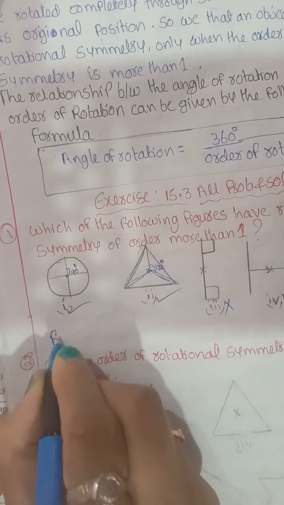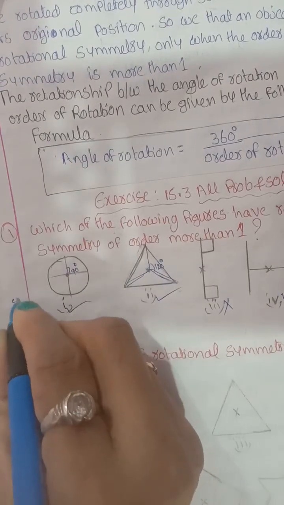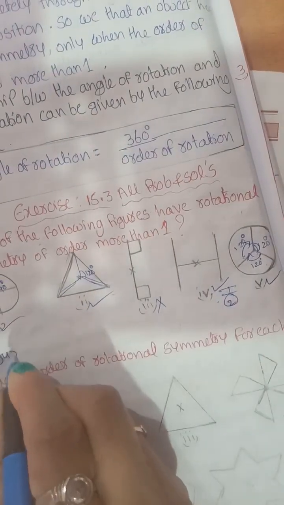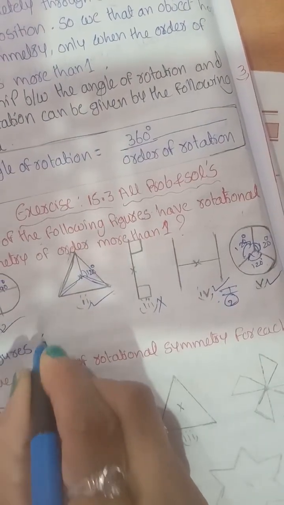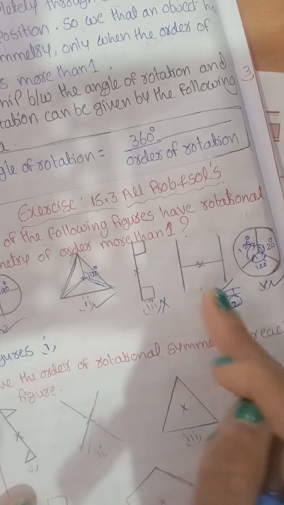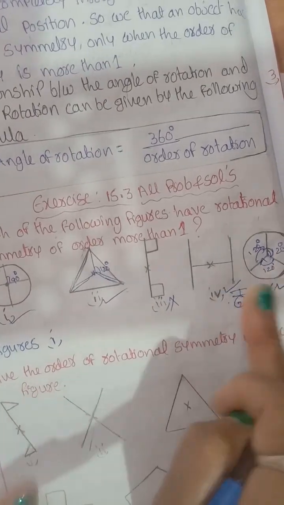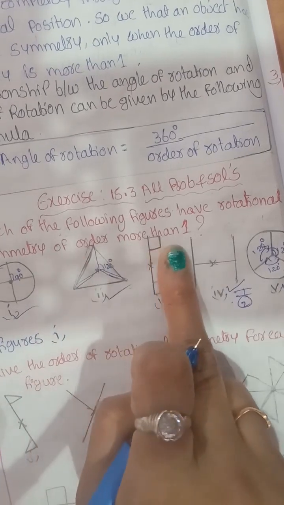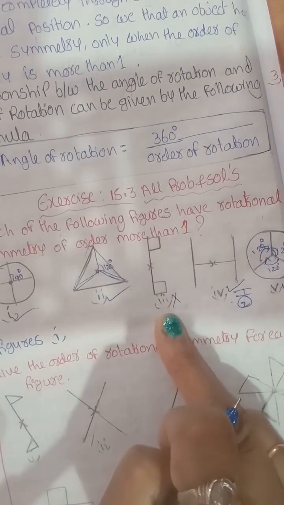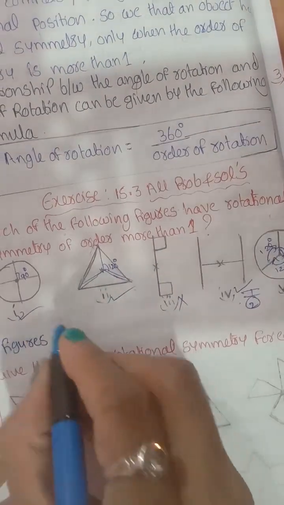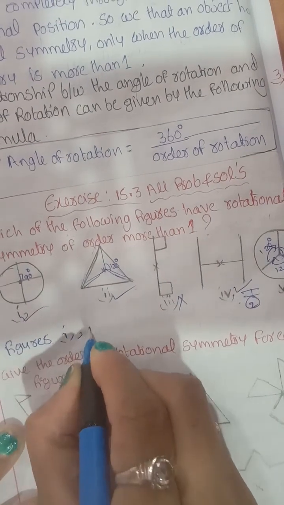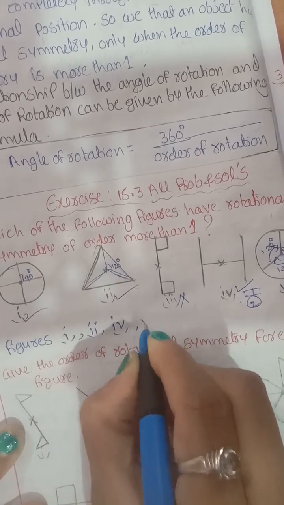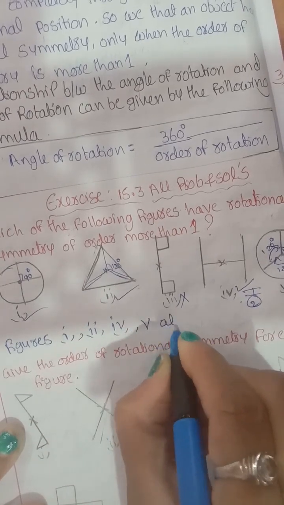So figures, what's the solution? Solution, figures: first figure, second figure and fourth figure and fifth figure, these are all the rotational symmetry of order more than one only, not the third one only. Okay na? Figures first and second and fourth and fifth, all are